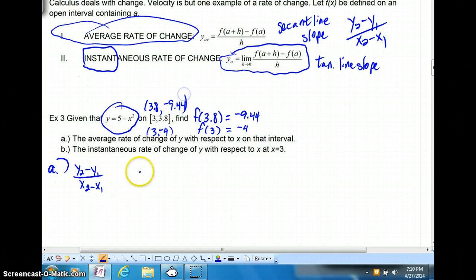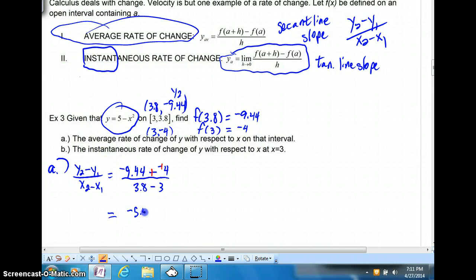Let's go ahead and just do our y2 minus y1 formula here. That's negative 9.44 minus our y1, which would be negative 4. Divide that by our x2, which is 3.8, minus our x1, which is 3. So what we're going to see very quickly is this average rate of change is going to be negative 5.44